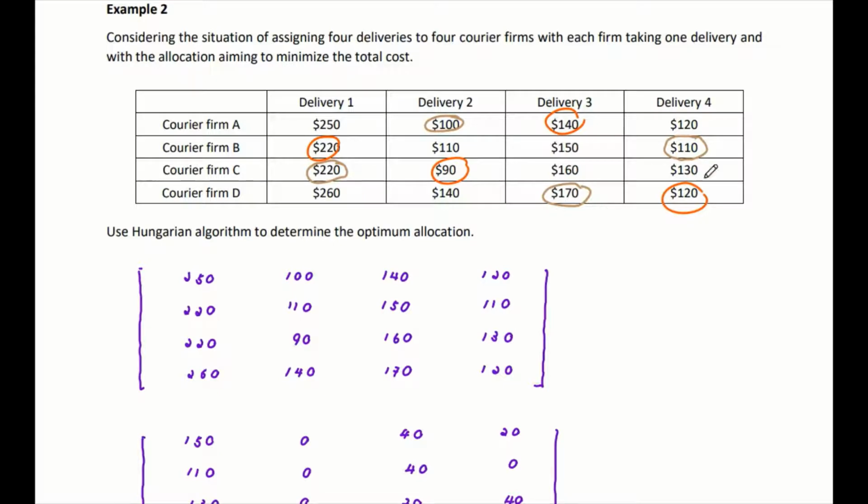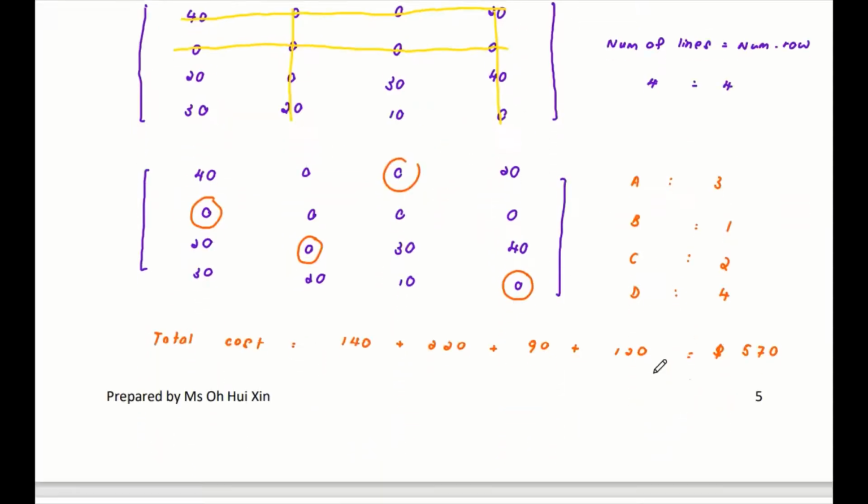But compared to delivery 4, which was not the minimum just now, this is going to be 10 more than the minimum. Now by using courier firm D to do delivery 3, eventually you have 30 more than your minimum already. So that's why this combination will give you a total cost that is greater than the previous one. So by using all this logical thinking, you can check whether your answer is logical or correct or not. Alright, so that's the answer for this question,